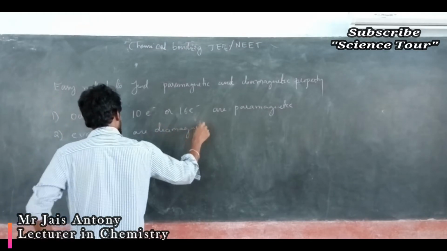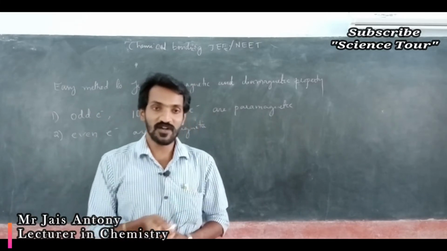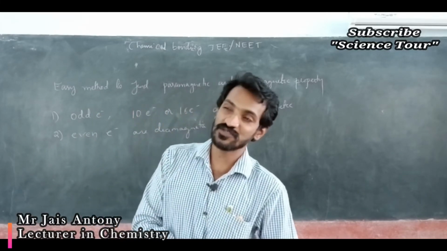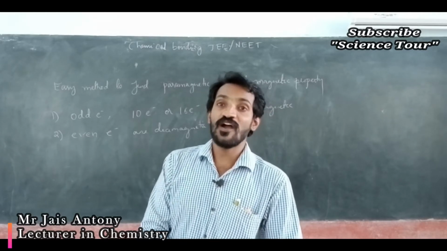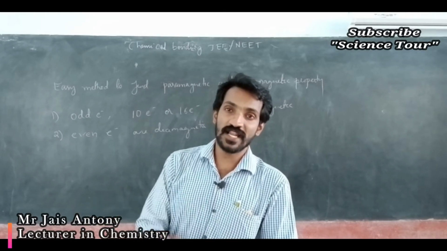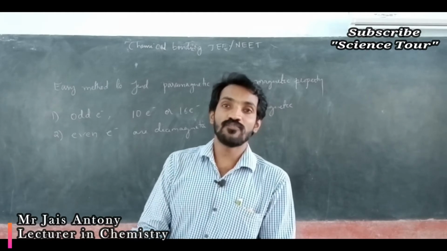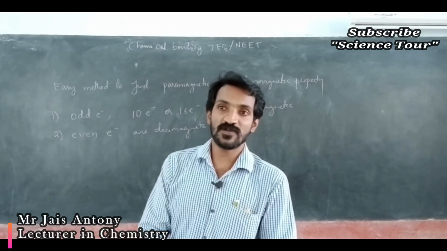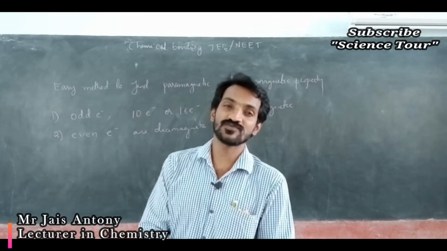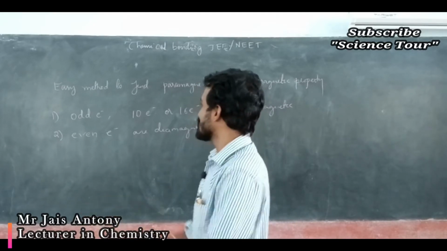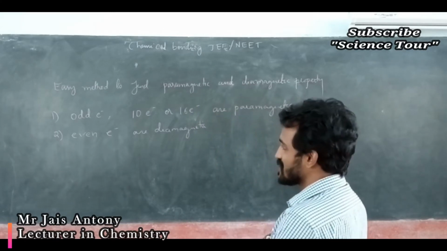Otherwise, what you have to do? You have to count the number of electrons first. Later you have to substitute all the electrons in the electronic configuration. Oxygen, fluorine, neon have a separate electronic configuration, and boron, carbon, nitrogen have a separate electronic configuration. Substituting in all these configurations takes too much time. That's why this is very simple: just count the number of electrons.